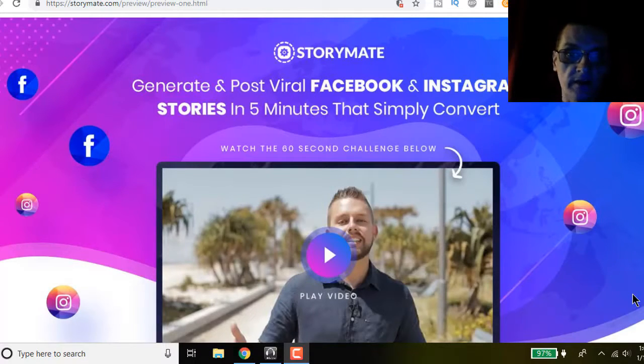So, guys, here we are on the sales page of Storymate, and again, Storymate is going to make it easy for you to create stories. I'm going to log into the back office and show you exactly how the software works. You can create stories right within Storymate, and then you'll be able to post and schedule them to Instagram and Facebook. Okay, so